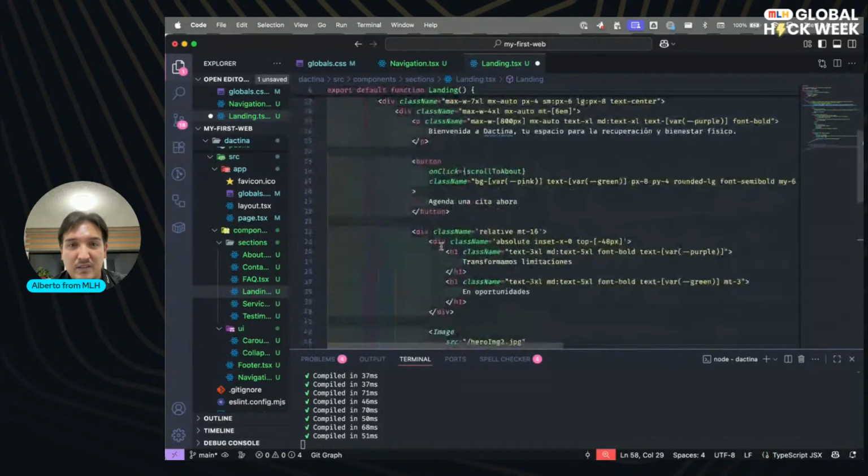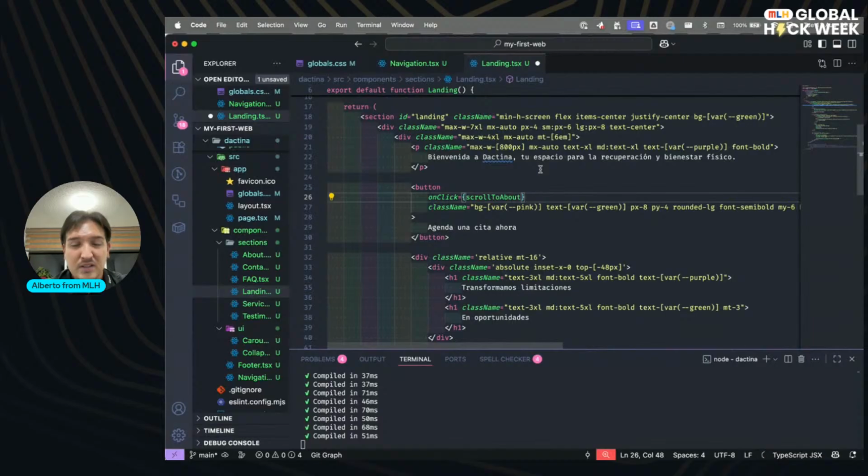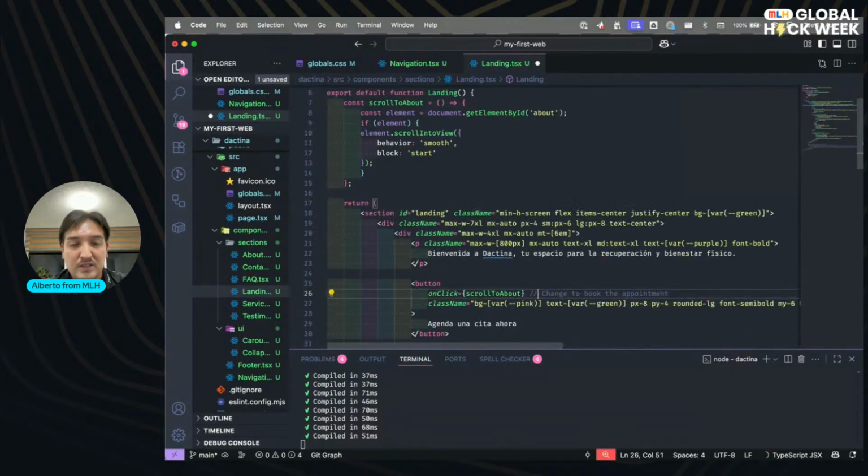Now I need to remind myself for the next session to change scroll change to book the call, the appointment. And for this I have this beautiful to-do.